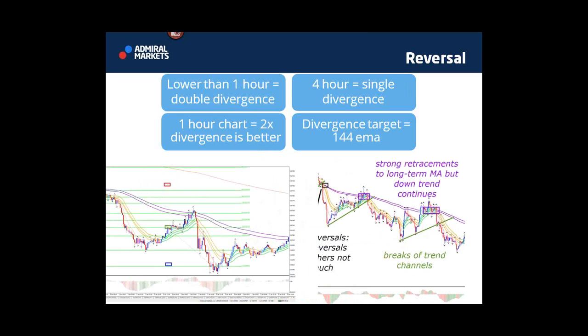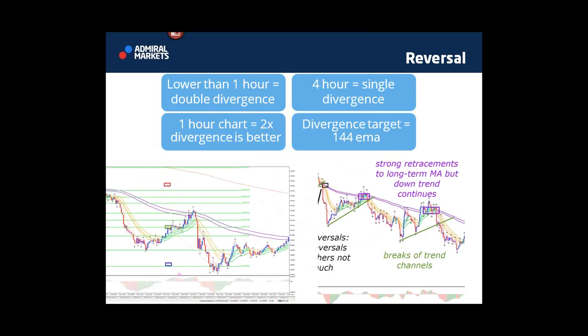Look at the dollar CAD, it kept pushing lower where it definitely had divergence. Once divergence is present, double or triple or single, depending on the time frame, the target of that divergence is the 144 EMA. Don't get me wrong, sometimes after divergence, price could go a lot further than that. And it could be a reversal even after divergence, especially if there are multiple divergences on multiple time frames. But the minimum target is the 144 EMA. That's the rule of thumb. Once again, sometimes it will miss it by a bit. It can happen. But the rule of thumb states 144 is the target.